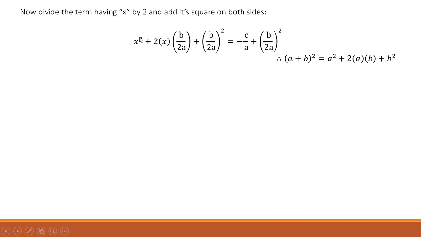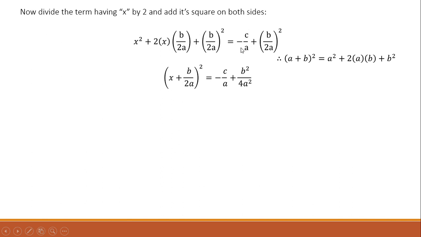Here x is a, and b over 2a acts as b. So when we compress it, we will get x plus b over 2a whole